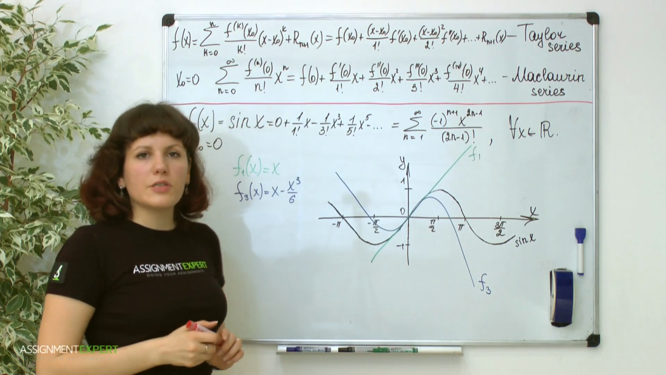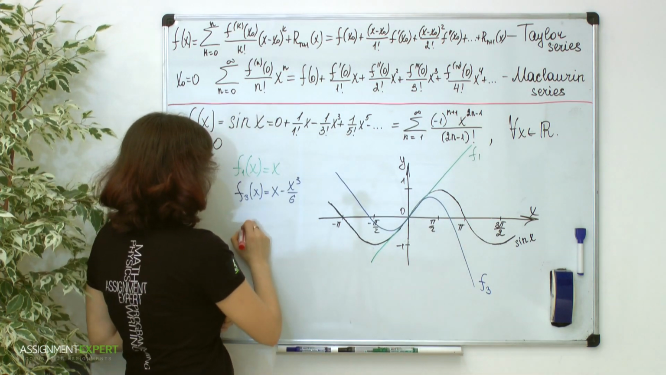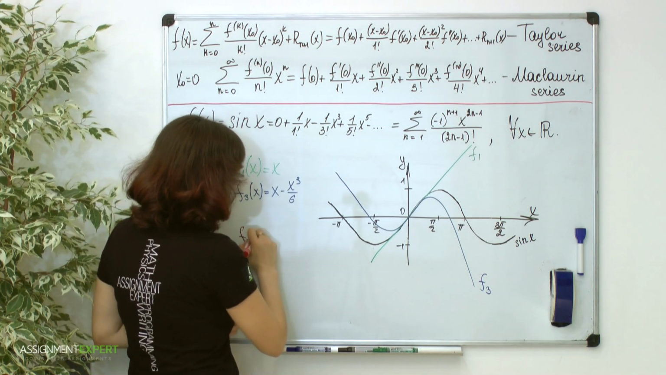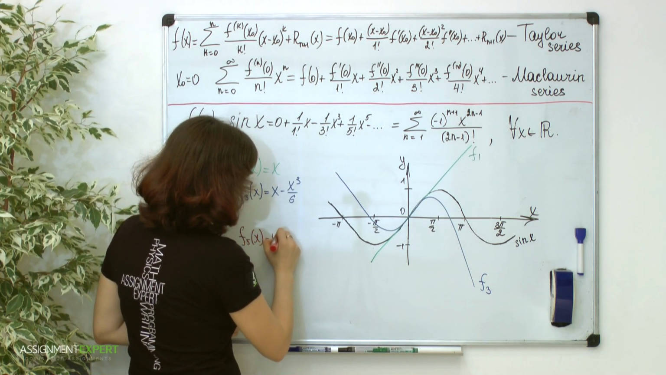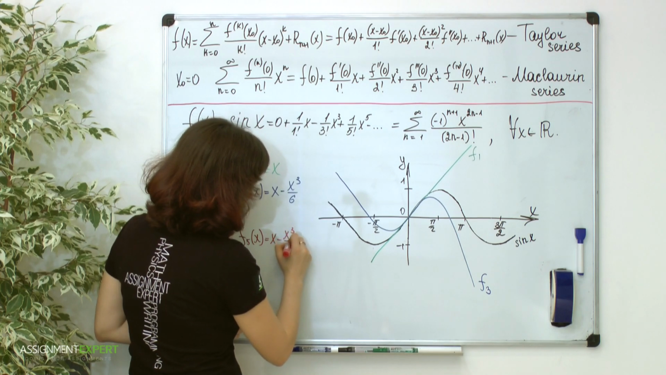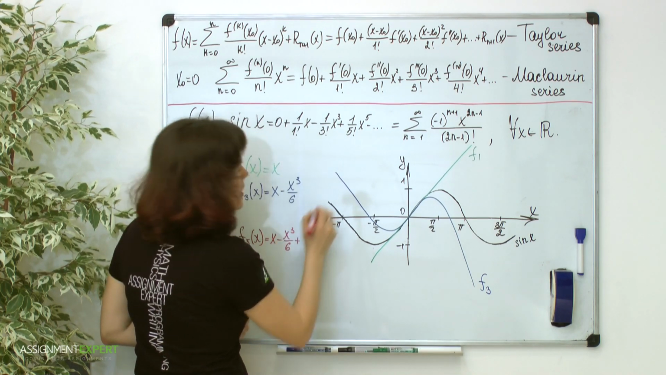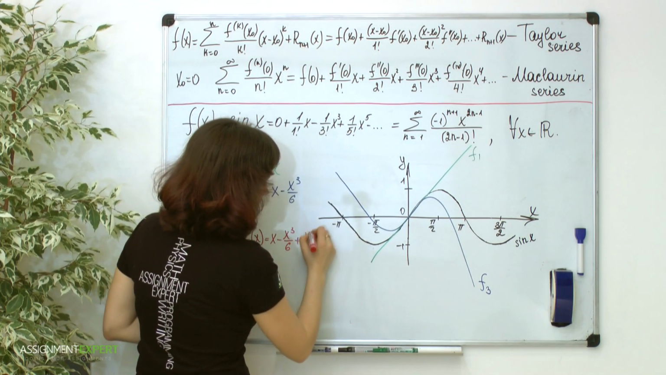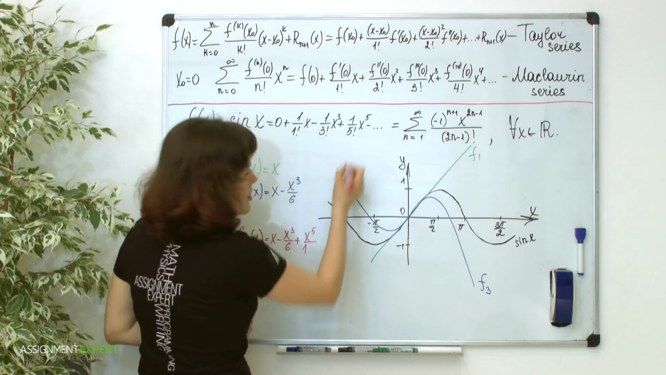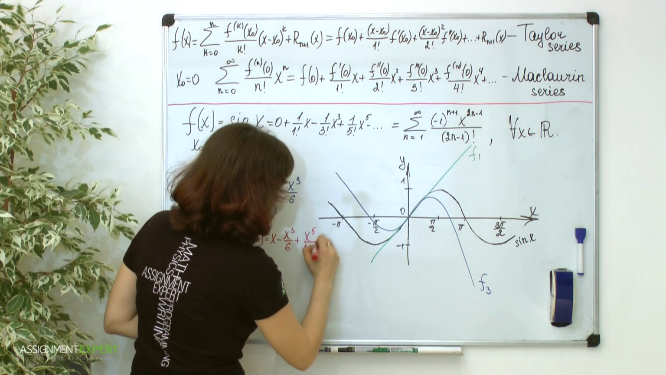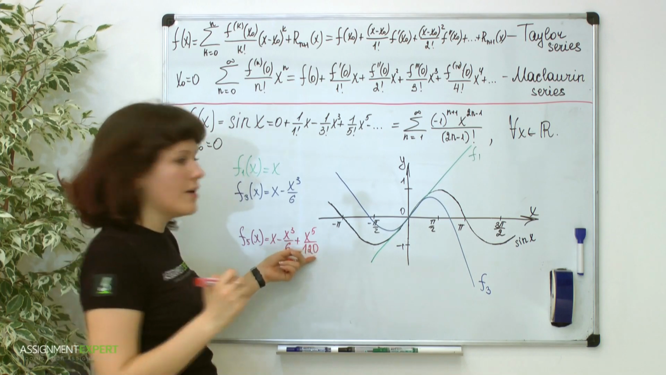The fifth degree approximation function f5 of x equals x minus x cubed over 6 plus x raised to the 5th power over 120. And the graph of this function is